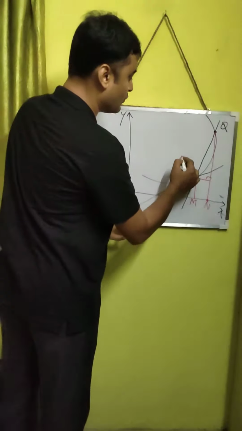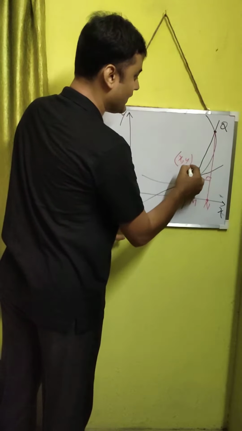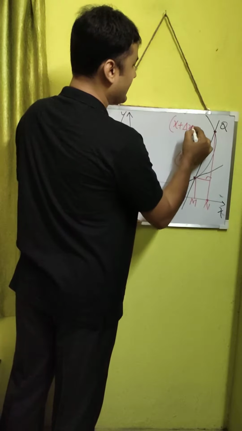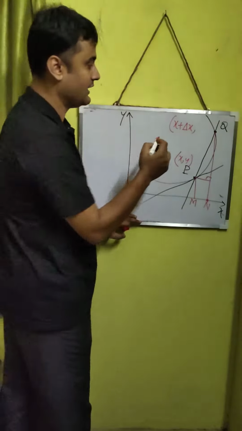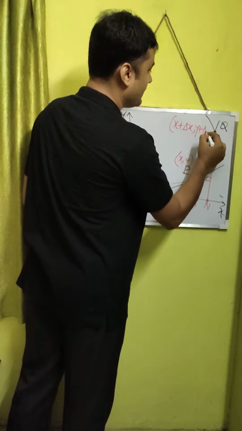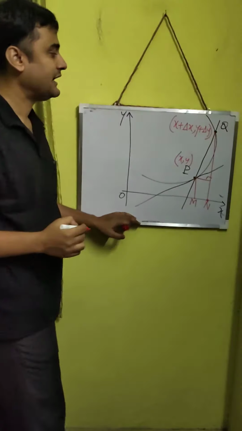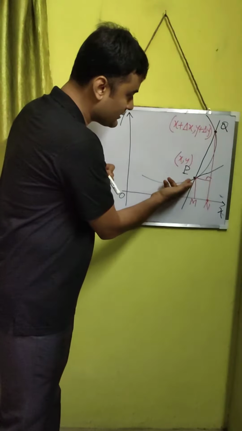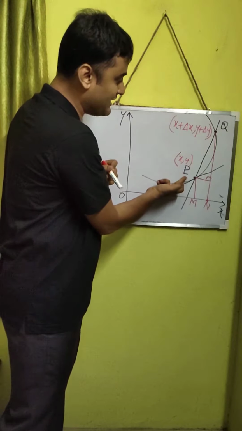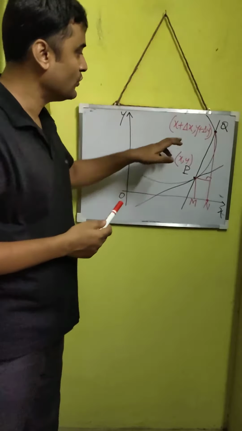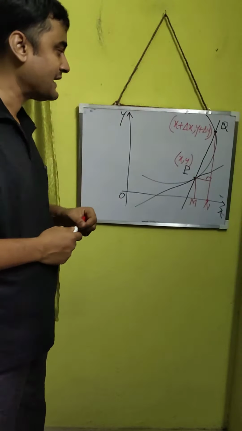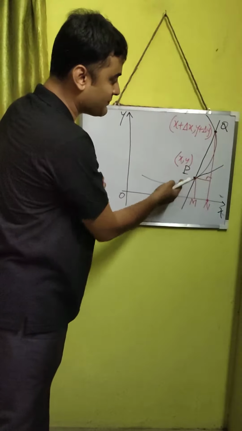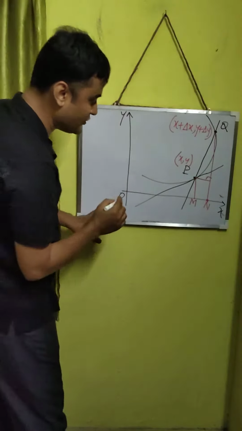Let the coordinate of P be x, y, and the coordinate of Q be x plus delta x, a little bit of increment, and y plus delta y, again a little bit of increment. So the coordinate of P is x, y, and Q has coordinates x plus delta x and y plus delta y. Now Q has slid towards P and has given us a tangent.